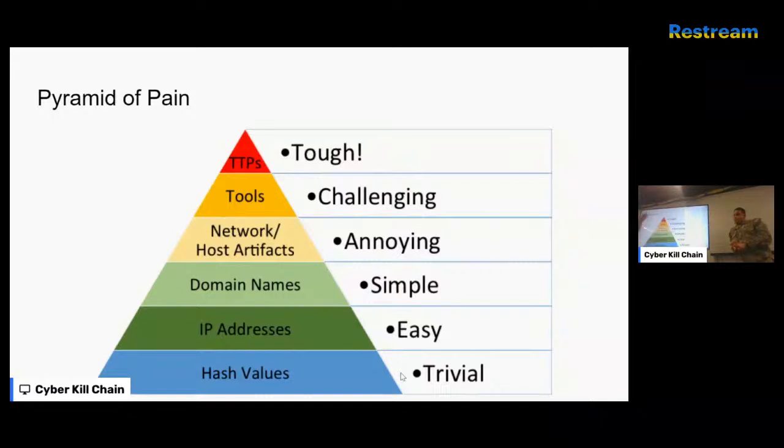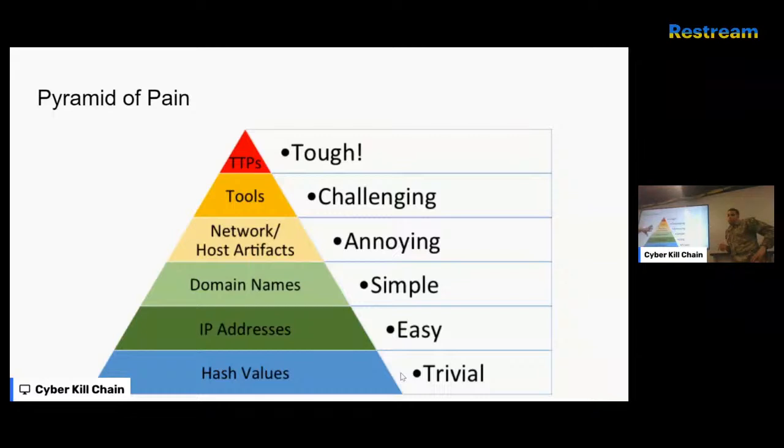And then as you move up, these are more challenging things to identify as a network defender. So you have IP addresses. You know that this range of IP addresses is all coming from a foreign APT, and they're targeting our networks, so we just block all those IP addresses and we stop the attacks. Domain names, you may notice that this group of AWS servers is all coming after us. So we just block those.